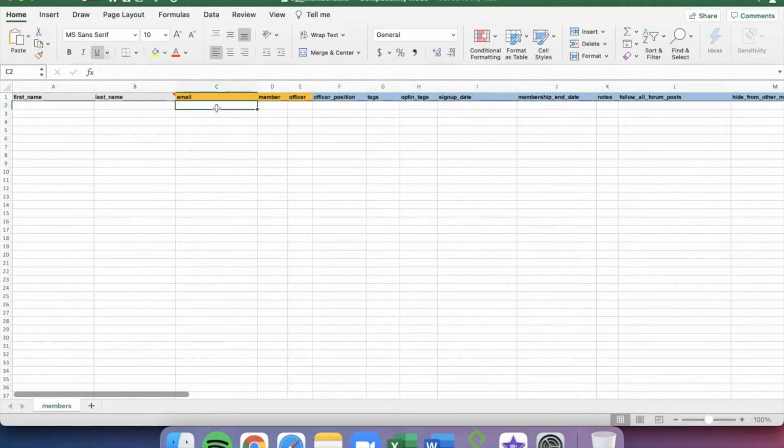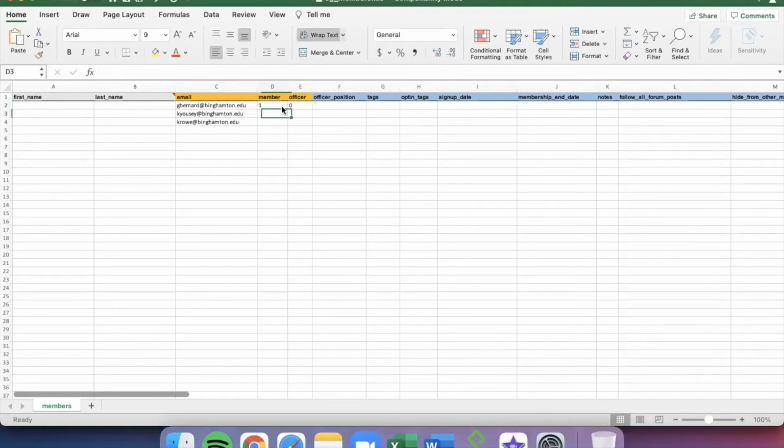After that, you'll paste into the email column of the spreadsheet the list of your members' emails, which should be only Binghamton email addresses. The information you'll need to paste into the member and officer columns of the spreadsheet depends on the role of that specific person in your group in the row you're in. If the person is a member, there should be a 1 next to their name in the member column and a 0 in the officer column if they're not an officer.